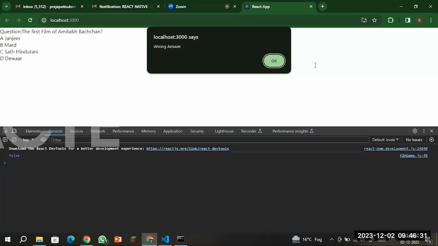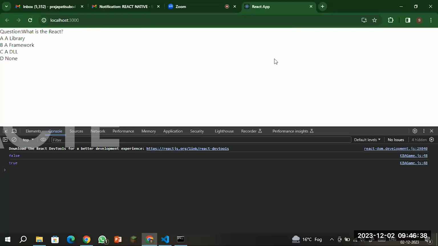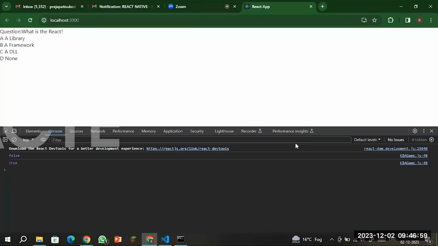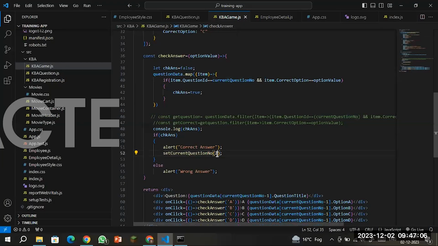I'm going to save that. This is my wrong answer, but whenever I click on the second answer that is correct, it will move to the next question automatically. It just increases the value of my question number variable. Only the question number variable's value is increased, and every value is automatically updated. But the problem is that I have written the hard coded value here, and I need to make that dynamic. So if you use the current question number and then plus 1 on it,